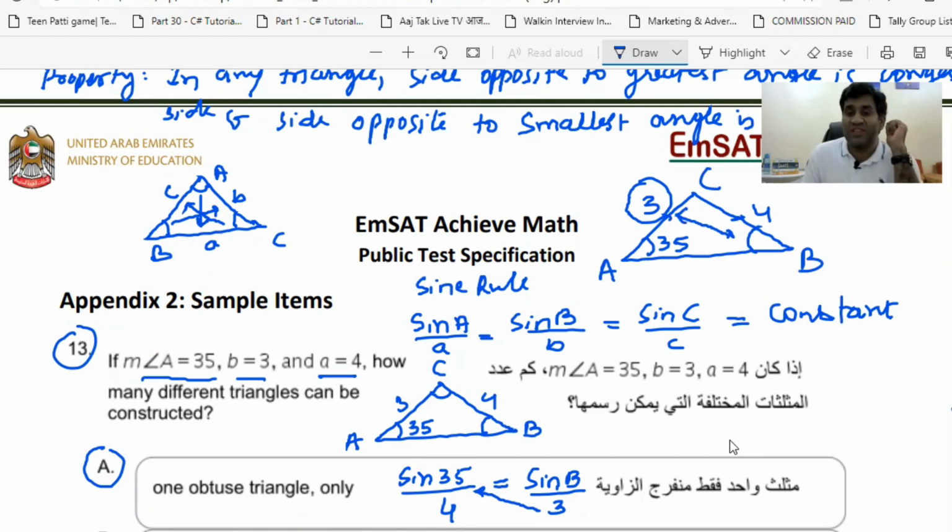So if this angle is 35 and this one is approximately 34 or 30, then together it gives you 30 plus 35, in case I don't know how to solve it. That gives you 65. So 65, and this angle must definitely be greater than 90 degrees, because the angles of a triangle add up to 180 degrees. So this angle must be greater than 90. That's why we can create one obtuse triangle. If I just know this property, I can tell this answer without doing all this calculation, within a minute. So please remember this rule.